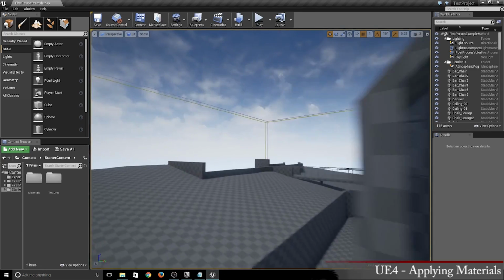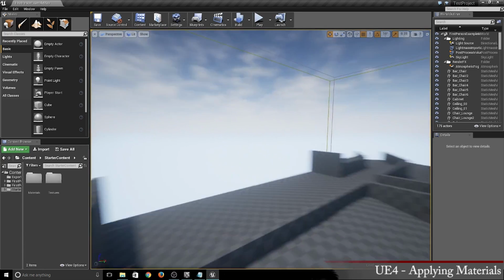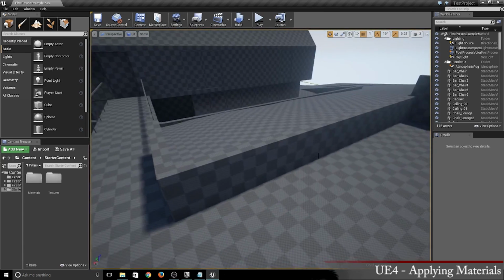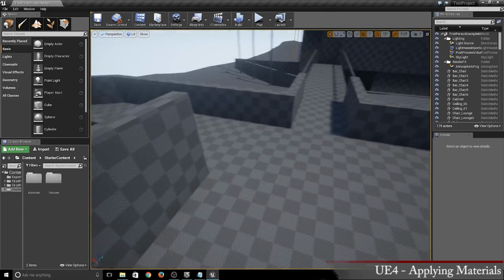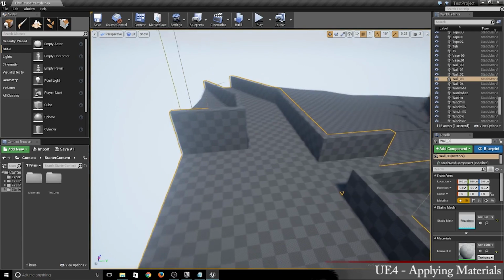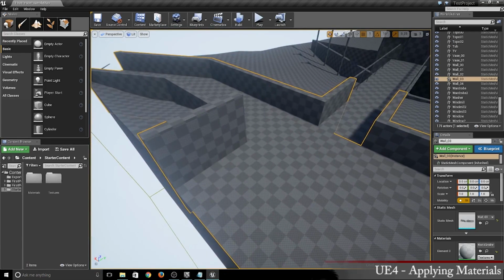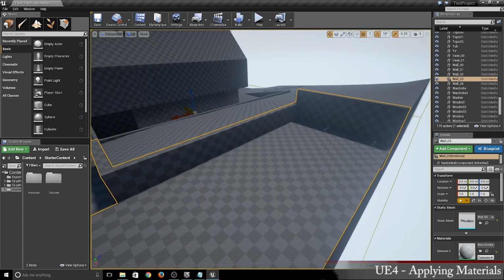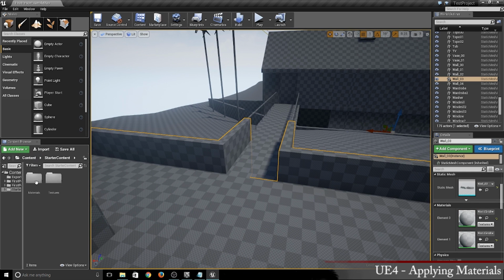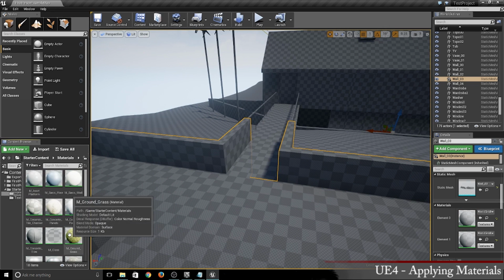So let's just start over here, and we'll kind of work our way. You really can do it however you want, but I'm just gonna show you how we do it here. So here we've got that slab, and before I exported out, I created this whole slab and these retaining walls as one object. And so I can come in here. There's several ways we can do it. One way is we can just go to materials,